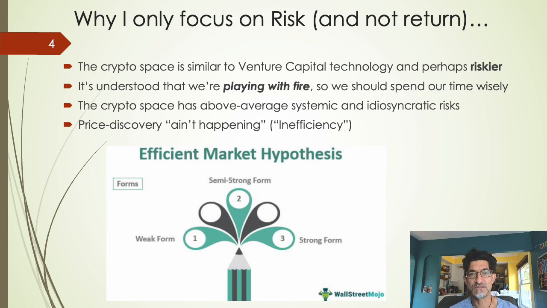So why do I only focus on risk and not return? Because everyone in this niche, meaning the area of blockchain crypto, everyone focuses on return. Oh my God, you can make 1,000% on this coin, buy this NFT, buy this meme coin. I don't do that. I only focus on risk because remember, we're playing with fire. So if we're playing with fire, we shouldn't worry too much about return. We're going to get those returns once the coin market goes up in price. Once we get liquidity and the Fed starts printing again, crypto is going to go up like crazy. So don't worry about return.